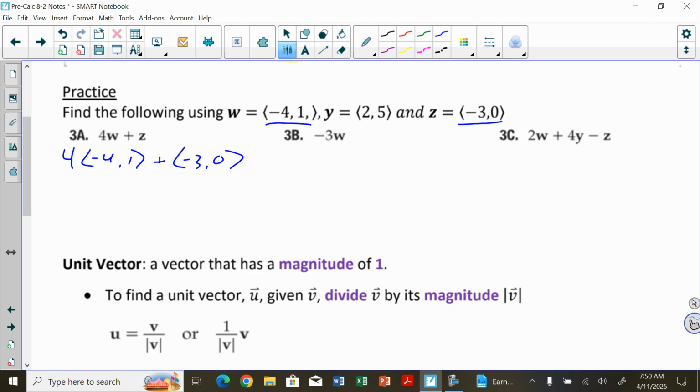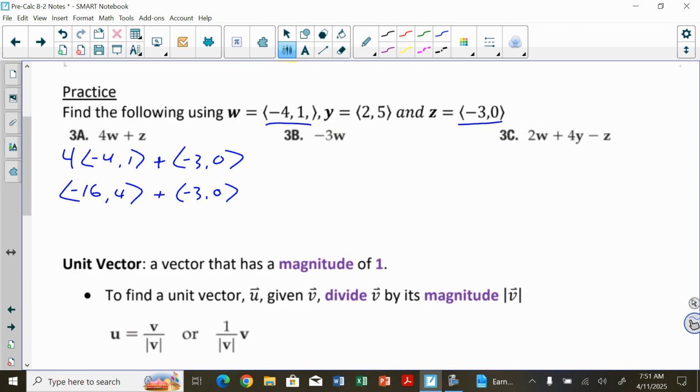Okay, so I'm going to do the multiplication first, and again be careful with your positives and negatives. It doesn't matter if you change the sign before or after. If you have a subtraction, it's all going to work out. Okay, so let's multiply here. We've got negative 16 comma 4,